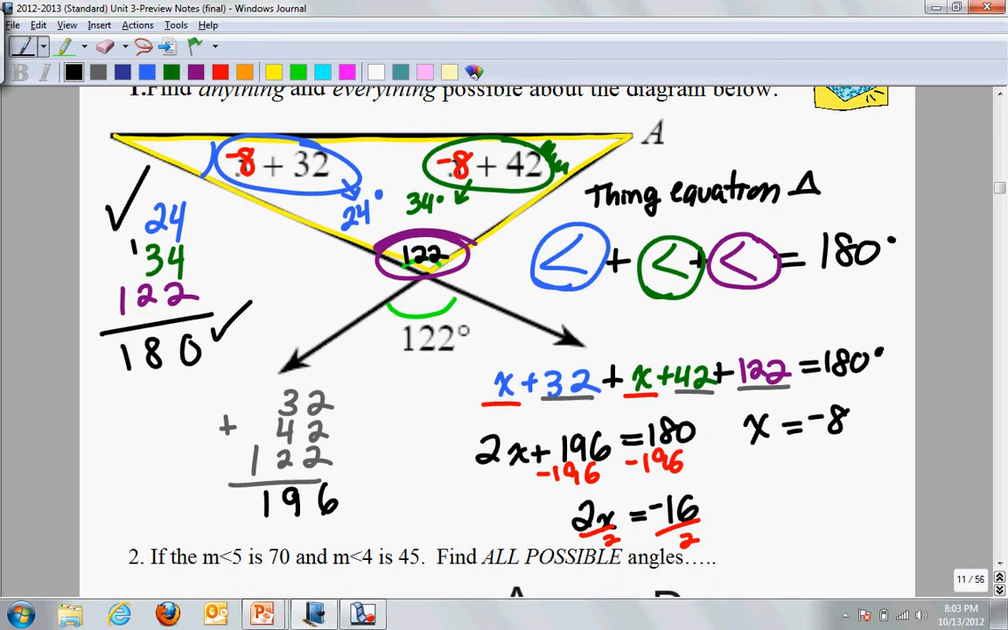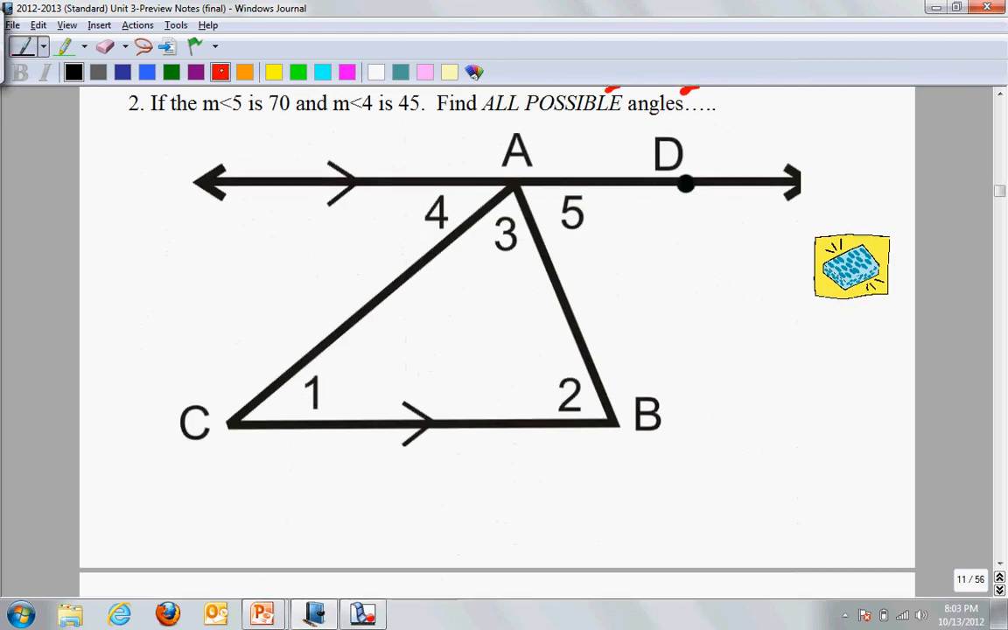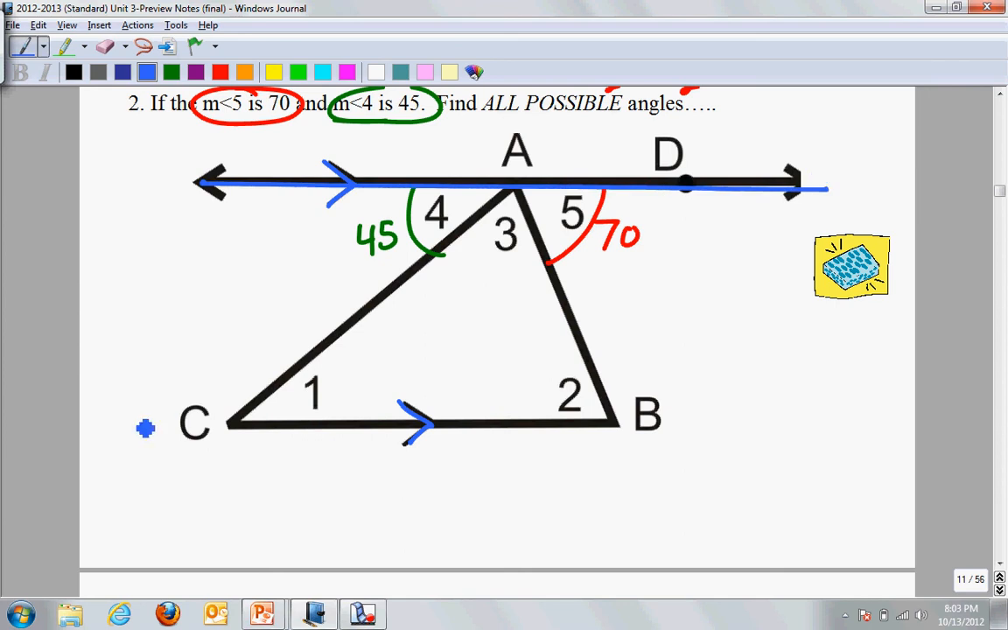Let's take a look at this number 2 down here. We're given the fact that measure angle 5 is 70, so I'm going to put a 70 here. And the measure angle 4 is 45. We want to find all possible angles. Now there's a really important notation that if you overlook it, you're going to mess up the entire problem. Please make note. Do you see these little arrow feathers? These arrow feathers mean that this line, trace over it please, this line down here, extend it please,